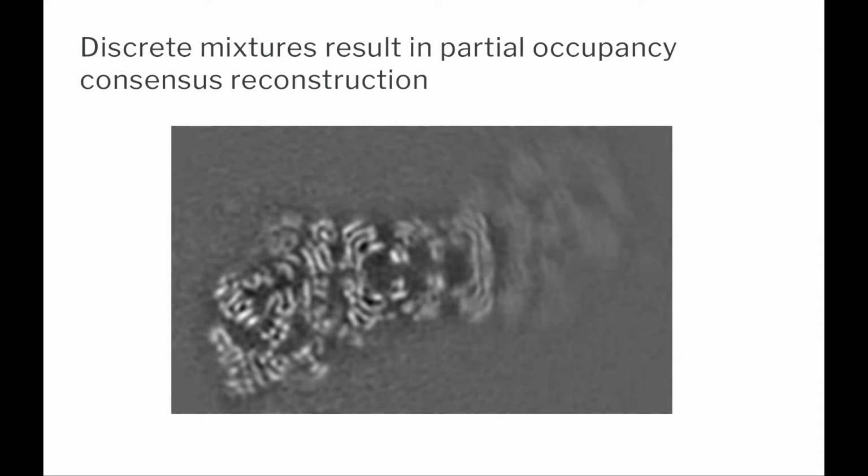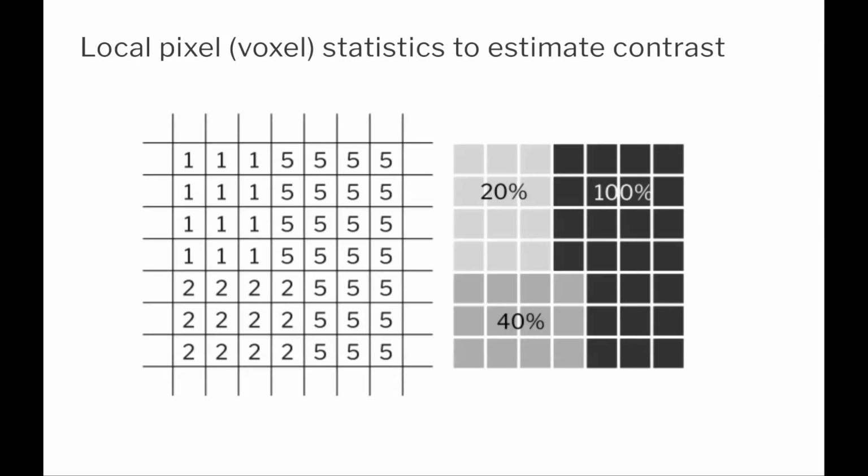So imagine that we do this procedure. We estimate for each point within this reconstruction a measure of contrast. Now, in a very simple way, we can think of it like this. On the left, you see a number of pixels where we have estimated the level of contrast. There's a region where we've found that the contrast is 5, then a region where we've estimated that the contrast is 2, and then a region where it's 1.